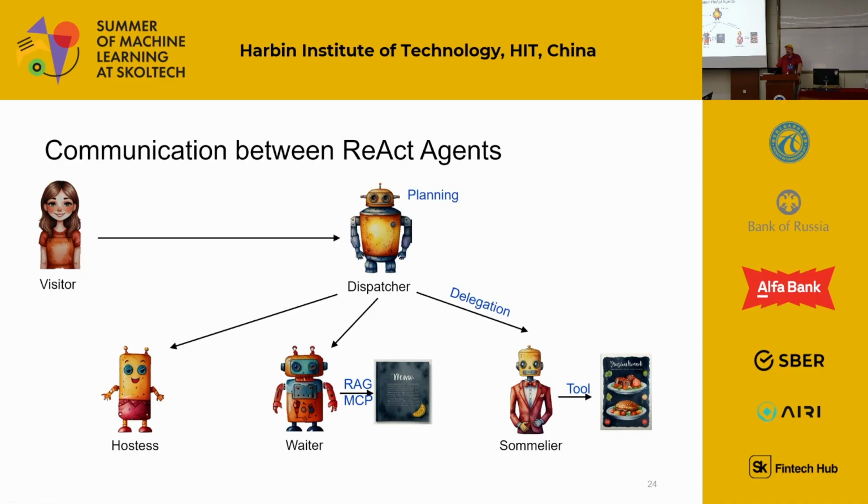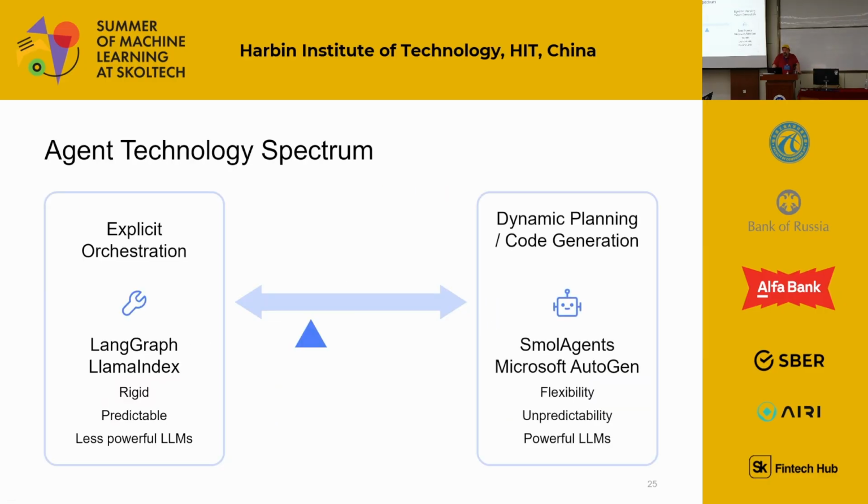It doesn't mean that a multi-agent system should have only one agent like this. It can have several agents, and it can delegate, for example. We can say that the visitor comes to the planning agent, and then it would delegate the functions to different other agents as well. So it's possible to build some structures in this manner too.